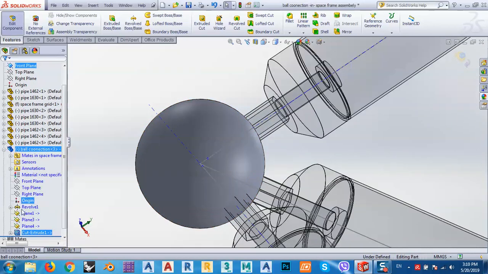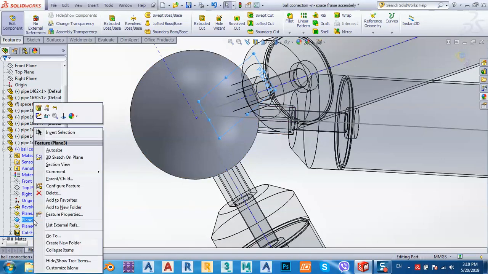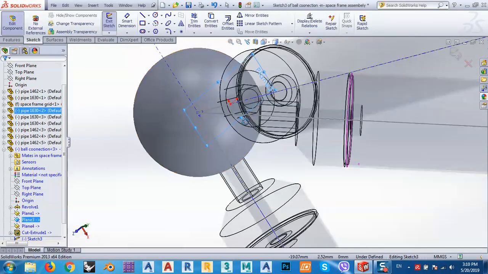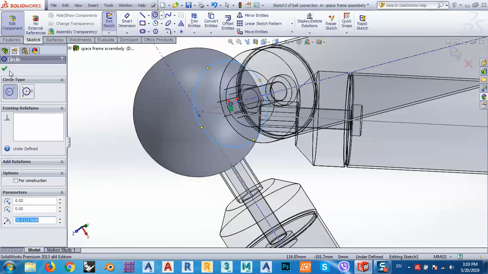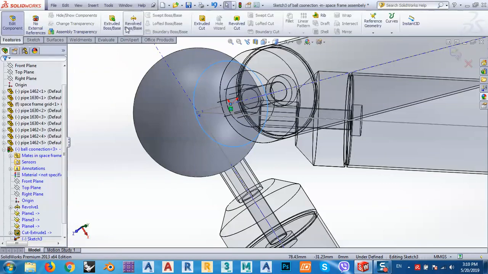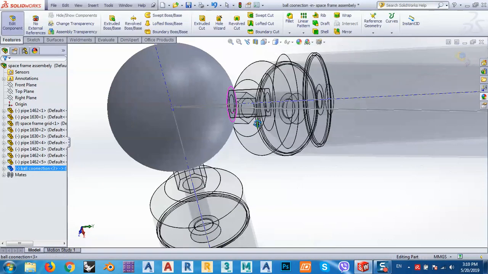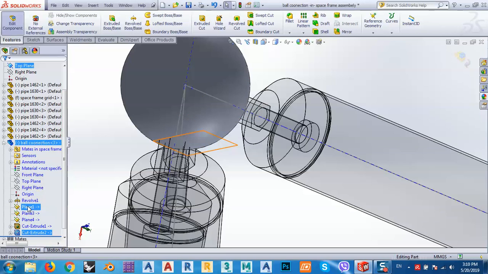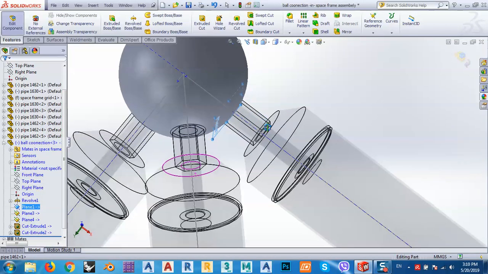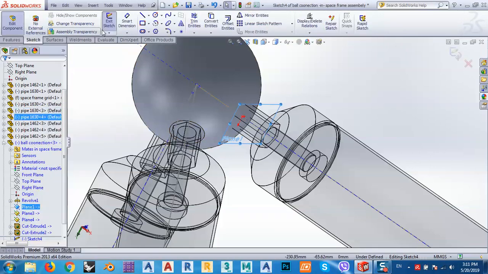Again, the same procedure from another plane, plane 3 maybe, yeah, from plane 3, right click, go to sketch. From this point make a big circle with feature, cut extrude, okay, and again from here, from plane number 1 now, I think, yeah, from this plane, right click, go to sketch,